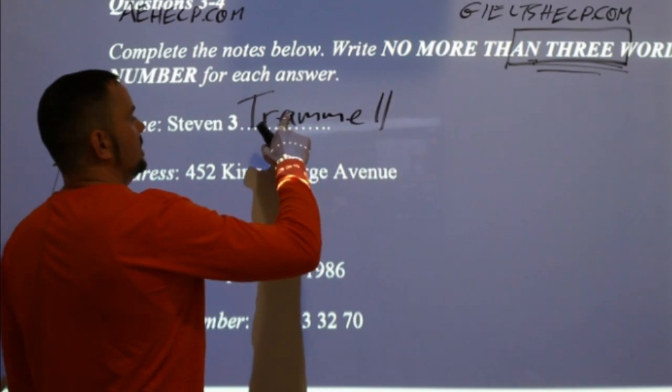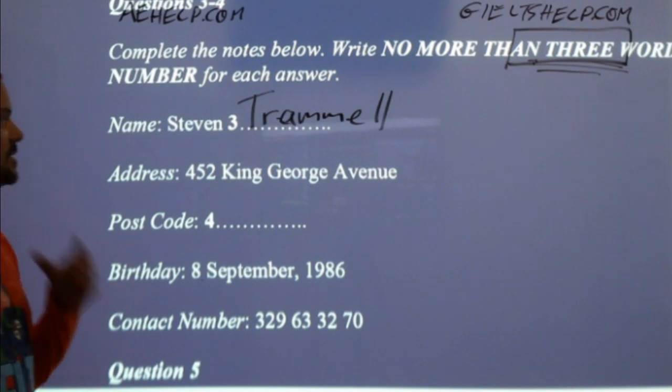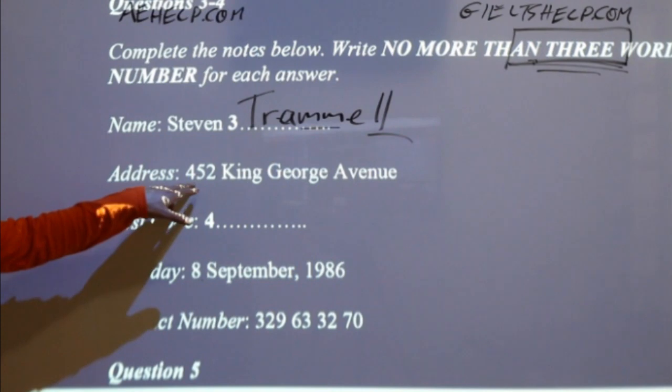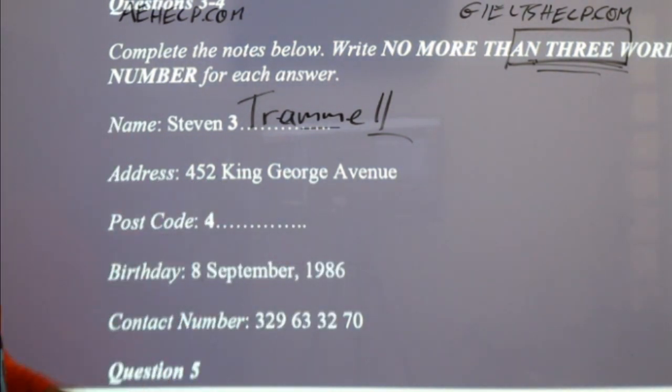So he says T-R-A-M-M-E-L-L. So watch that, double M, double L, Tramel. And he lives at 452 King George Avenue. Okay, what is his postcode? Tramel. Haung, don't forget the second L. For doves, the second vowel is an E. Marina, it's 2 M's, not 2 N's. Okay, careful with that. The correct postal code is